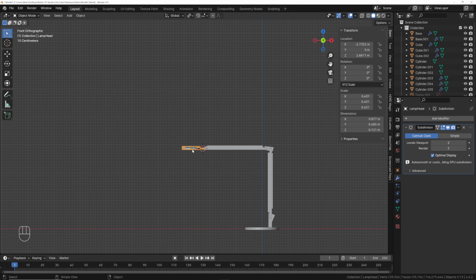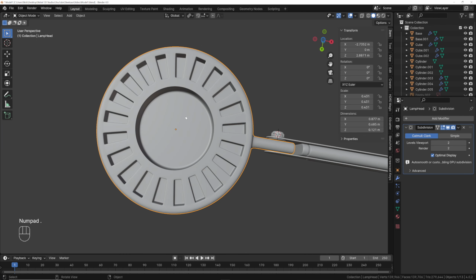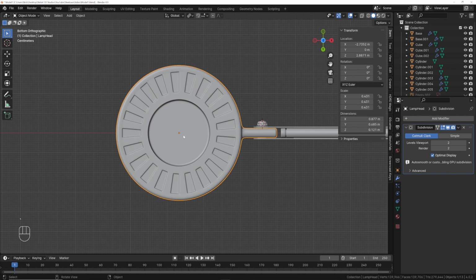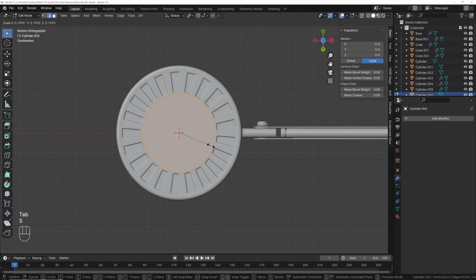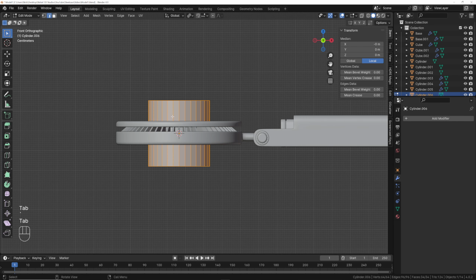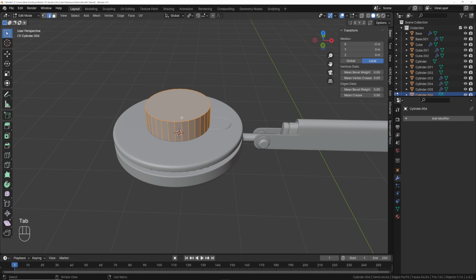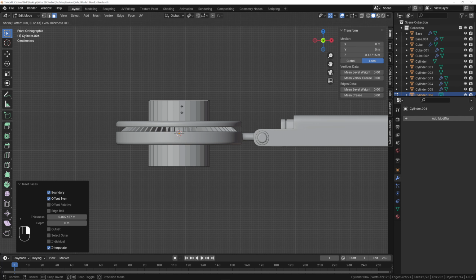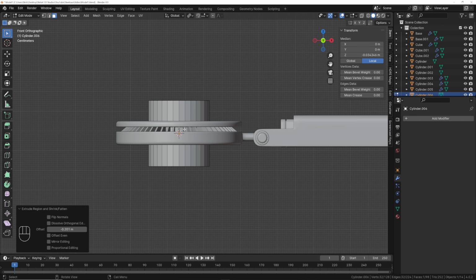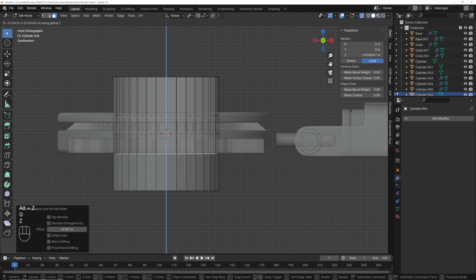The last thing that we need to do is kind of create this inner piece. So I'm just going to do from the bottom, Shift S, cursor to selected, Shift A, mesh cylinder, Tab, scale it down, just till it's inside that lip there, like that. Front view, what I'm going to do is just take the top face and then inset it just a little bit, and then we're going to go to the front view and then extrude faces along normals. And then I'm just going to bring it down and do Alt Z, Alt Z,